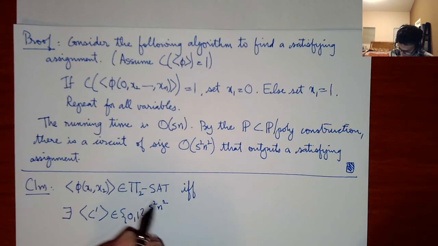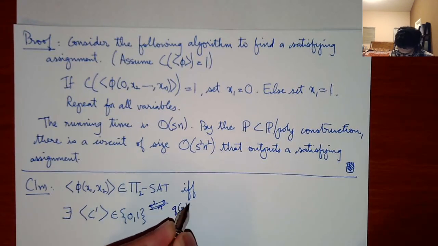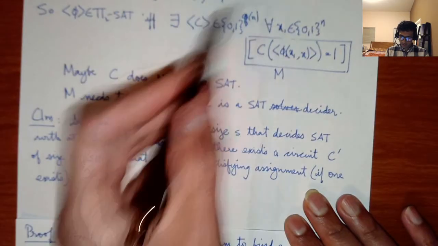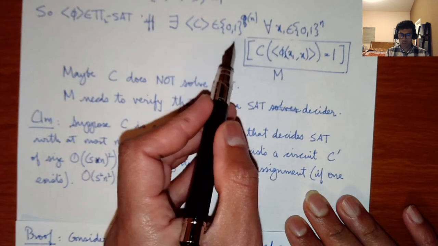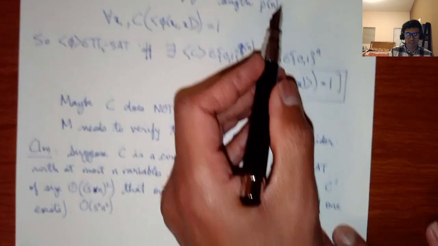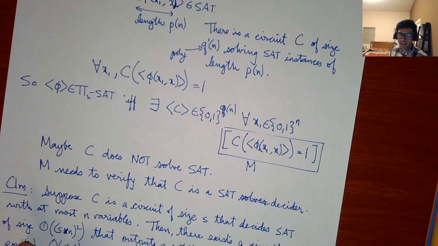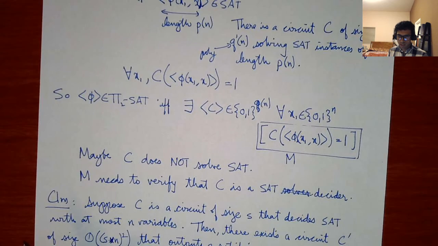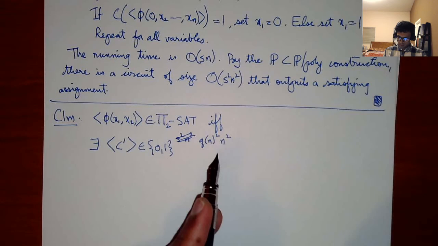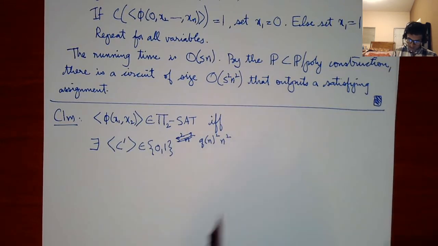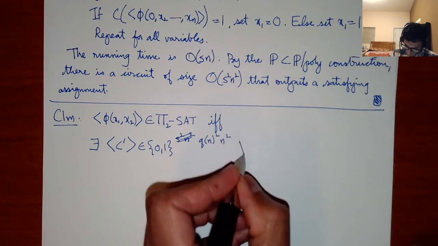I'm sorry, not S square, where S I'll say is Q of N square, N square, where Q of N was the encoding of a circuit that solves SAT. Q of N is the encoding of a circuit that solves SAT. And so we know that there is a larger circuit, which is quadratic, that actually outputs a satisfying assignment. If there exists a C prime such that for all